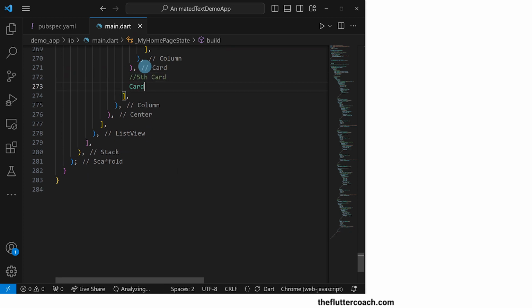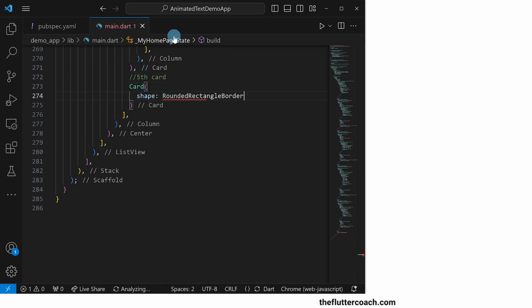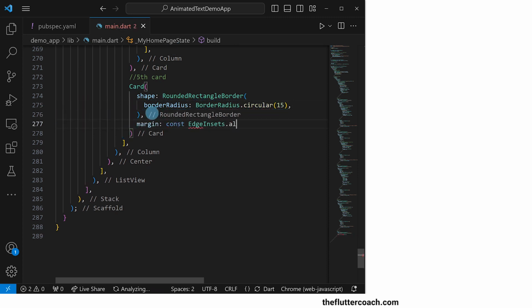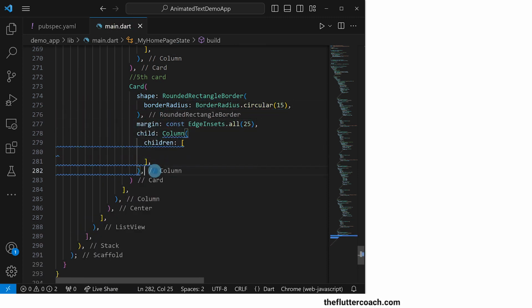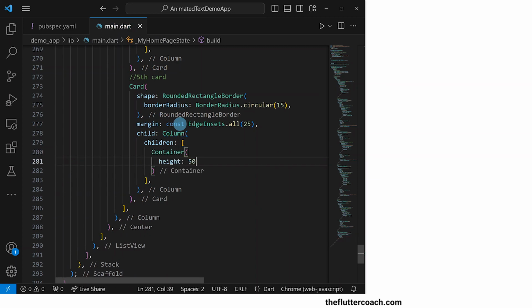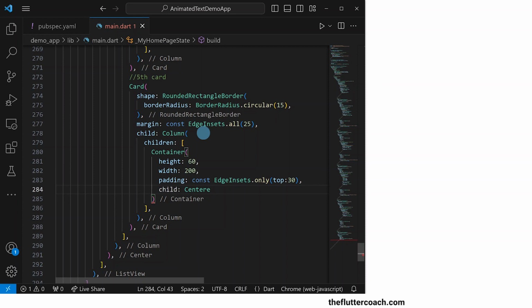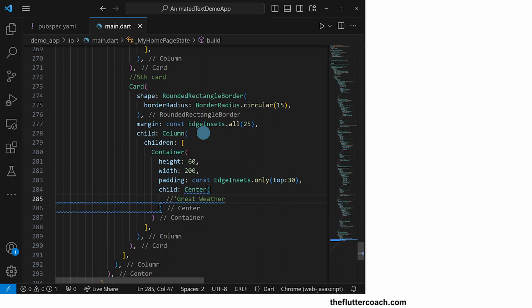Let's move on to the fifth card, which will talk about the great weather, and here we will have a card widget with a border radius of 15, an all-round margin of 25, and its child will be a column widget. The first child of this column will be a container with a height of 60, a width of 200, a padding of 30 at the top, and its child will be a center widget where we will have the